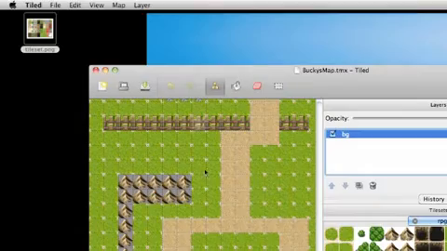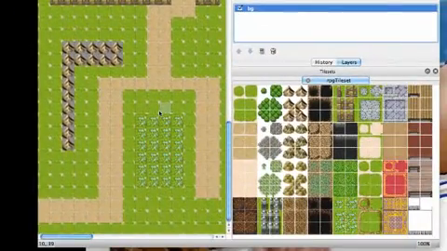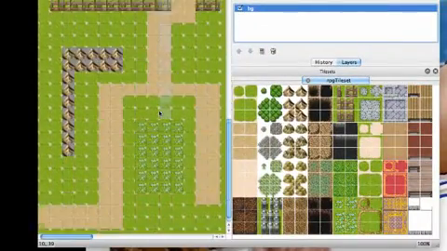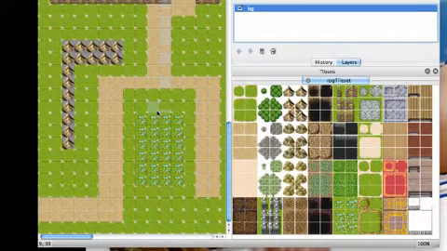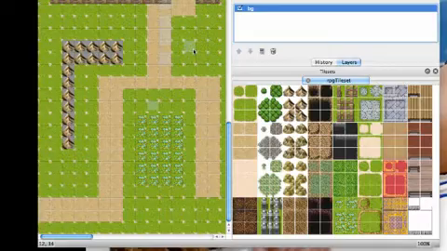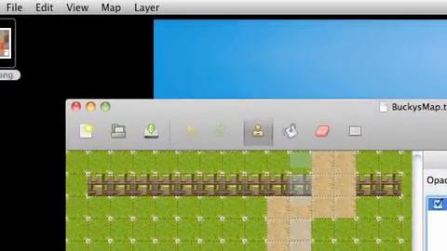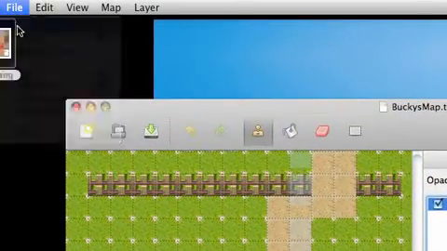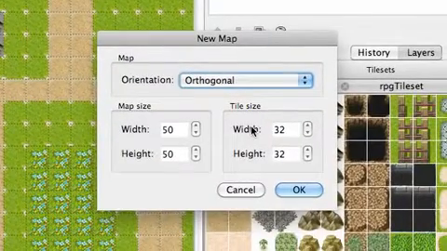And here is the map that I made so far. So, this is great and all, but I need to teach you guys how to make a map. So here's what we need to do. Once you have Tiled open, go ahead and click File, New, and make sure your settings are